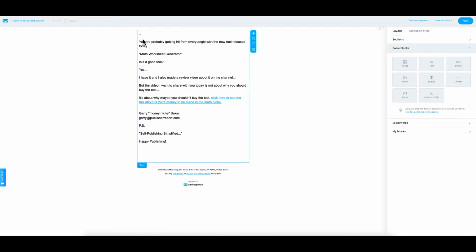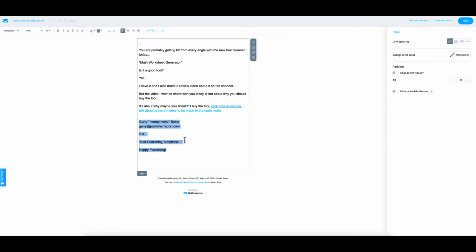And inside this template, I have my basic format of sending my text-based emails. But the power of this is that my signature and my PS sometimes change, but rarely they do. Very seldom do I change this. Maybe I'll just change this that I put in quotes right here. But the link, if I'm doing a promotion or a series of broadcasts over a few days, the link really